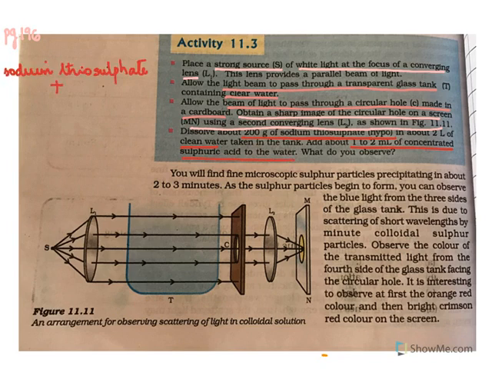So you take sodium thiosulfate and to that you add sulfuric acid. Now both will react and they'll give you sulfur, colloidal sulfur. Small particles of sulfur will appear in this beaker because of the reaction between sodium thiosulfate and sulfuric acid. Now we do the same thing. We keep a point source at the focus, and the light now comes out from the focus,